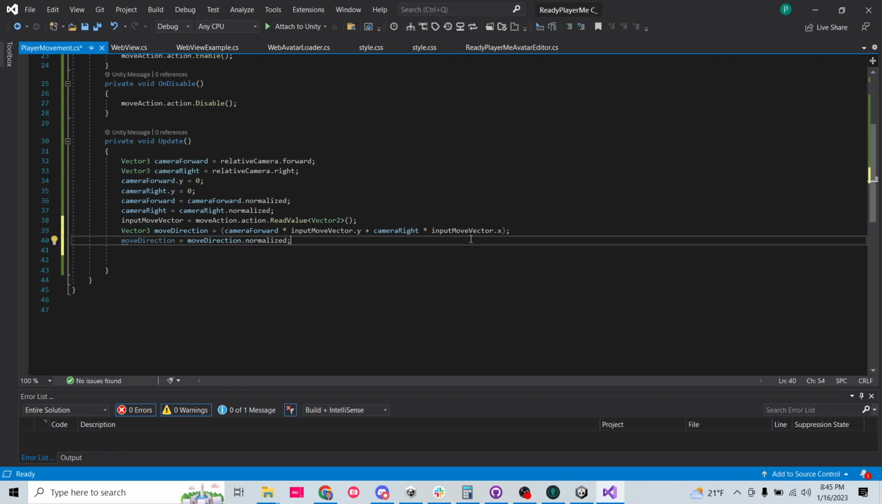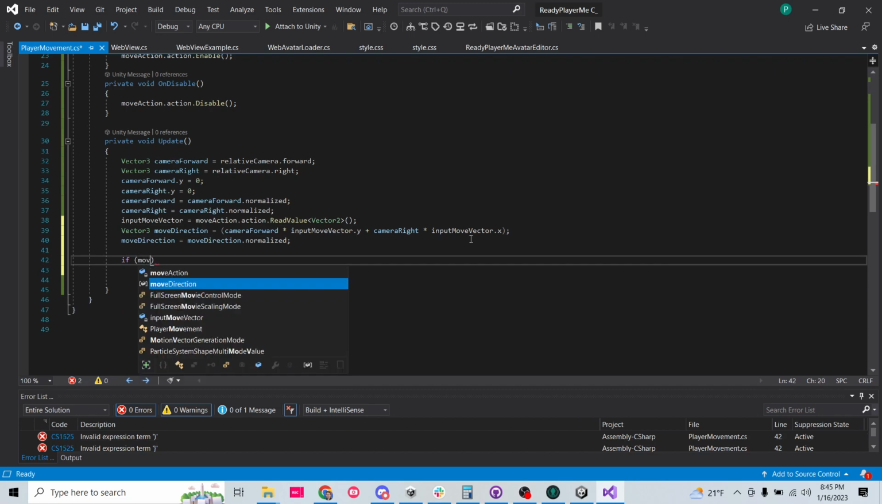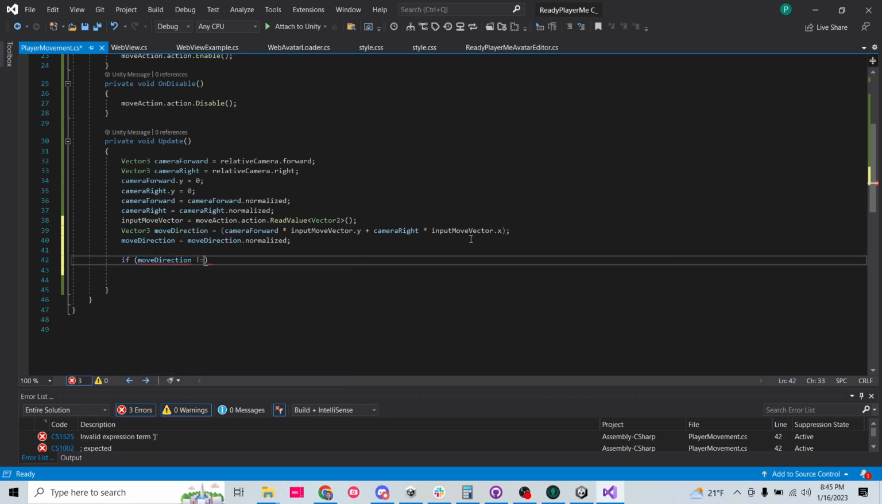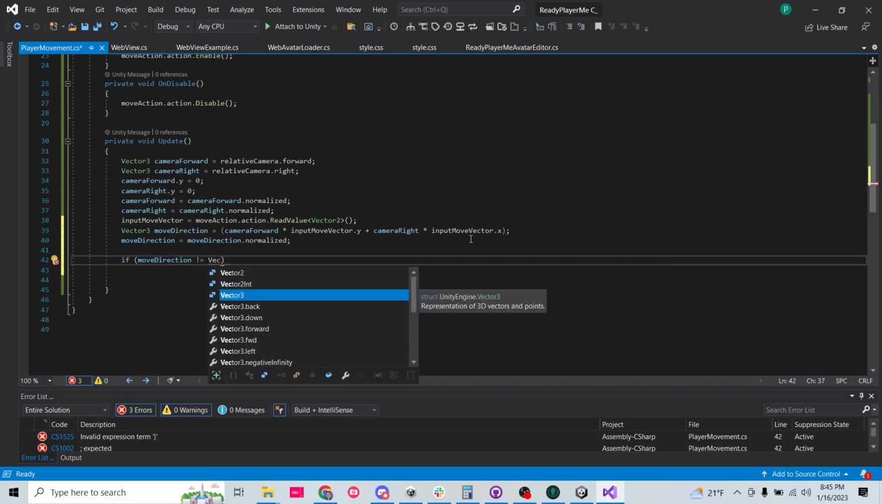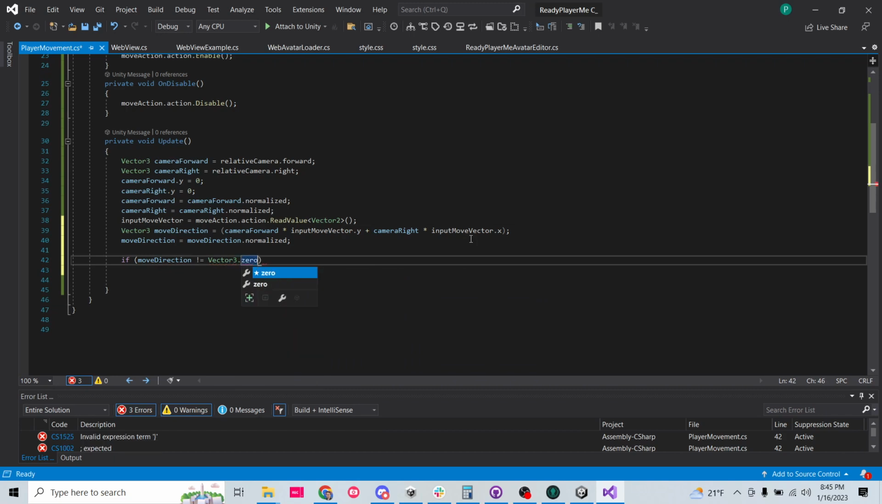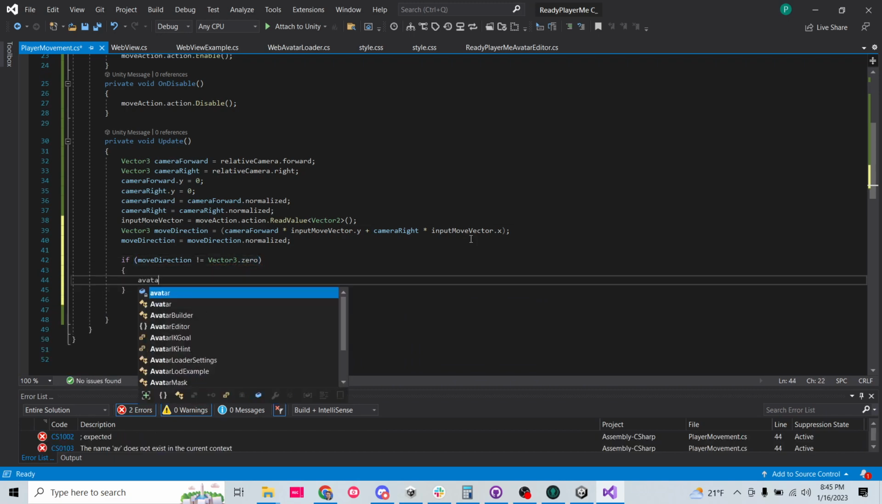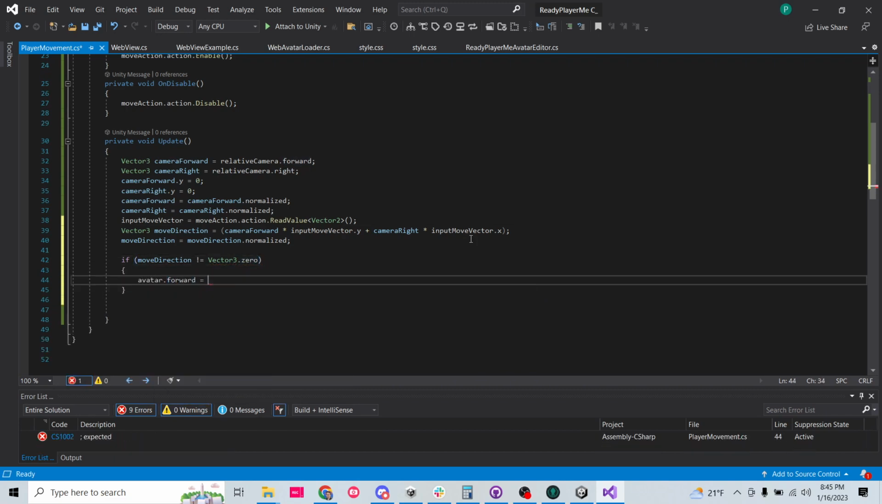Now that we've done that, we can worry about making our avatar look in that direction. If our move direction is not a zero Vector3, then we'll just take our avatar's forward and set it to our move direction. Easy peasy. So now if we come back over here, oh,